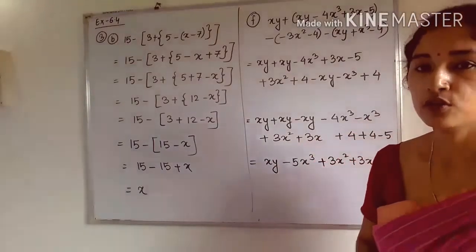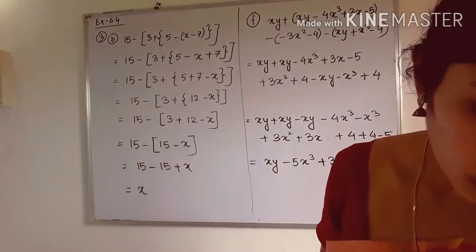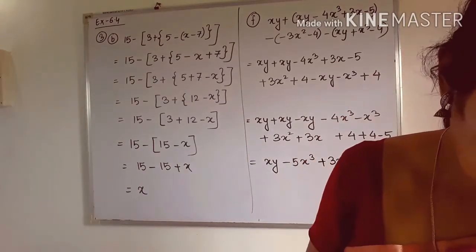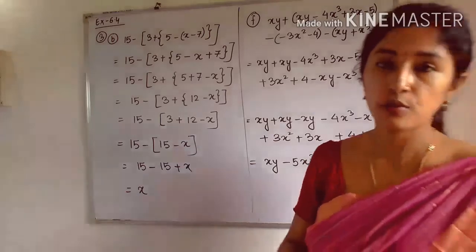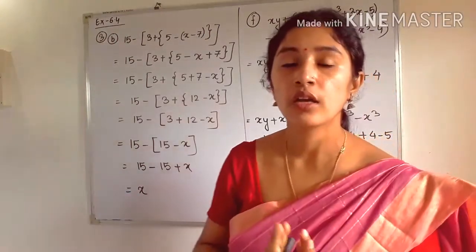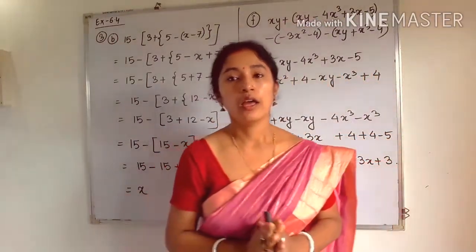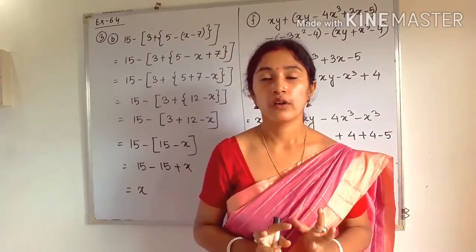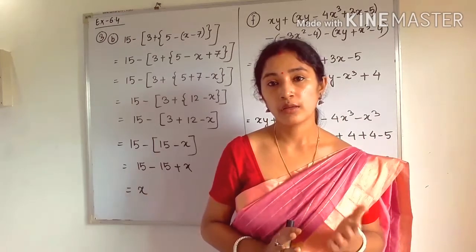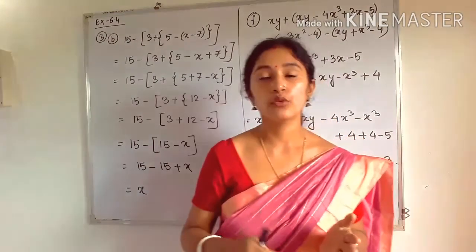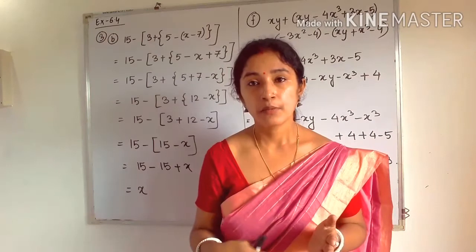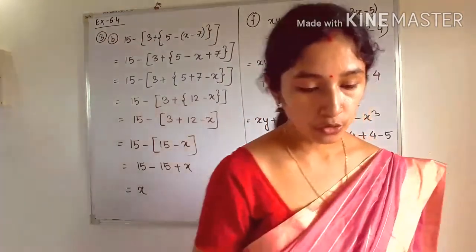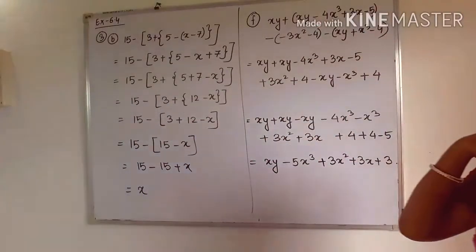So next I am going to solve two questions from question number 3. Okay, so this is about removal of brackets, how to remove the bracket. You know about BODMAS rule. The same rule here you have to apply. Okay, so try to see the symbol. If outside the bracket there is minus symbol, then we have to change all the symbols when you open the bracket. Okay, so from question number 3 I am doing number B and F.